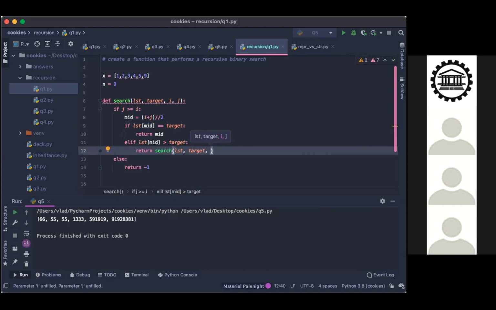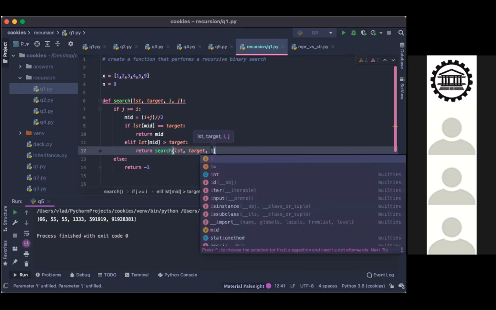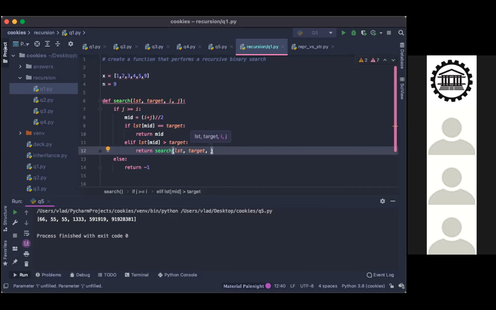Okay, so if the value at the index mid is bigger than the target, it has to be on the left subarray.